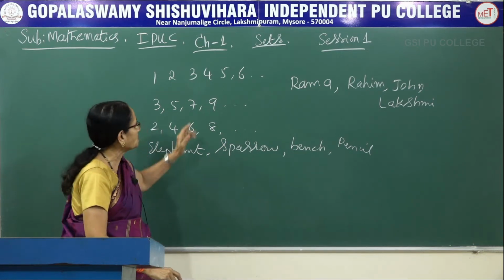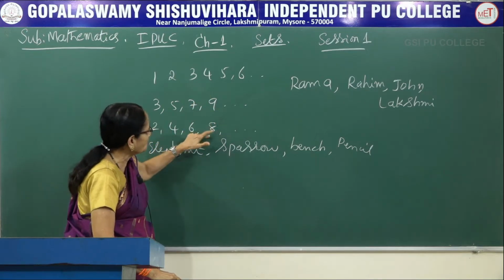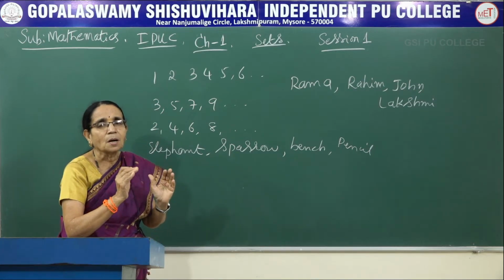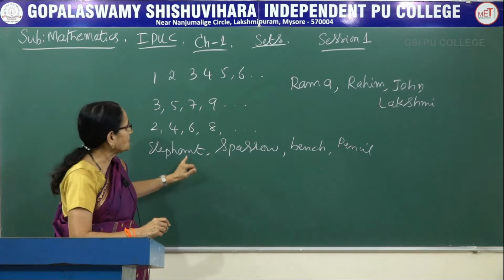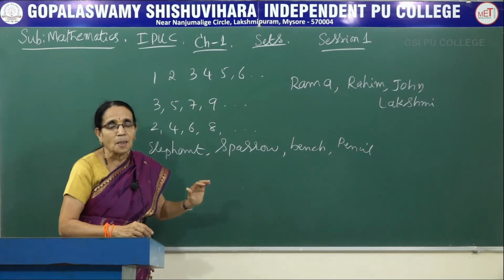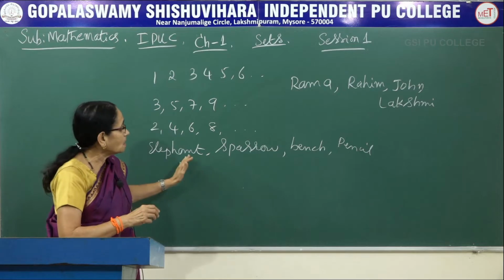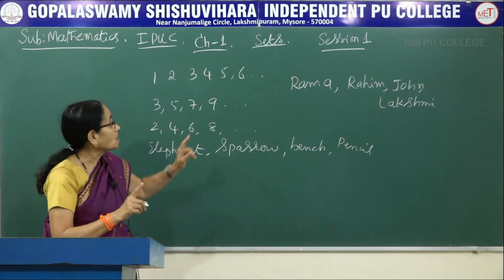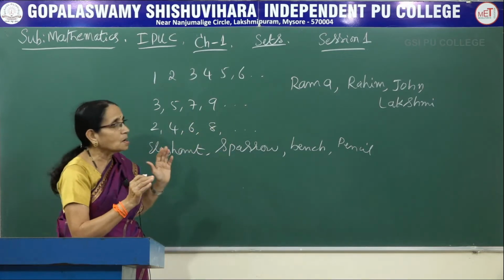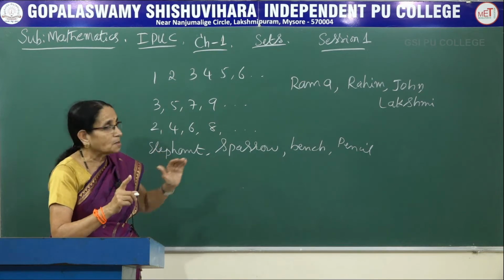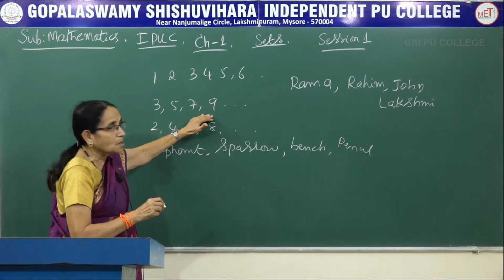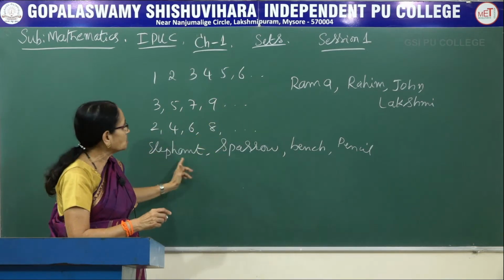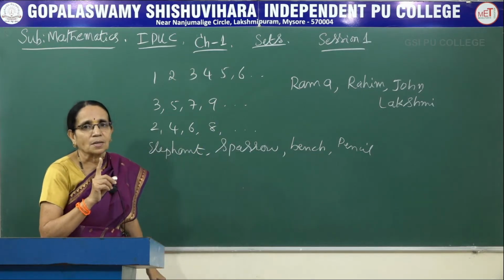Out of these 5 collections, in the first one, second one, third one and the last one, all of them are of the same type. They possess a common property. Whereas the fourth collection, though we can call it a collection, has items of different type. So, this collection we do not call a set. The other 4, because they are of the same type, we call a set. This is a set of natural numbers, set of odd numbers, set of even numbers, set of names or proper nouns. Now, this, though it is a collection, we cannot call a set here.